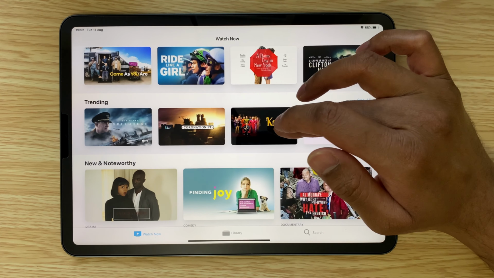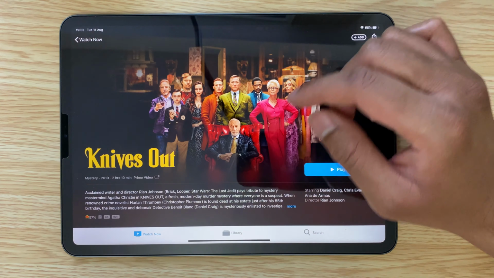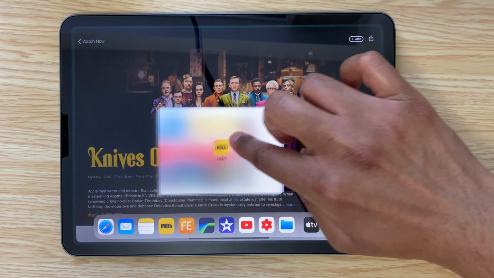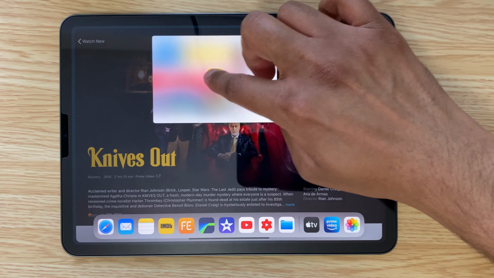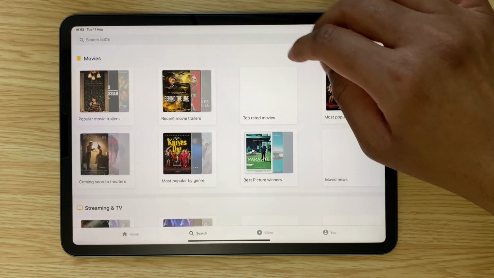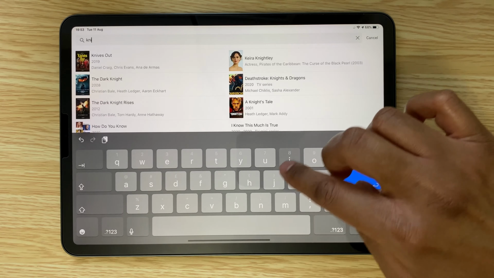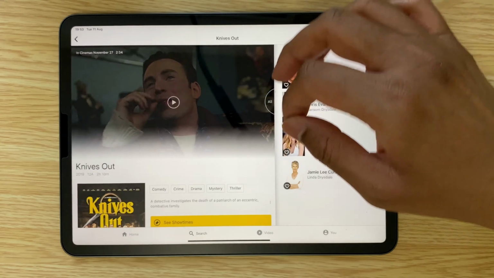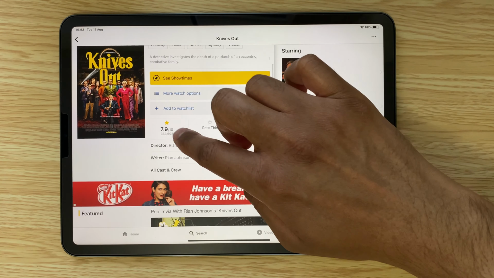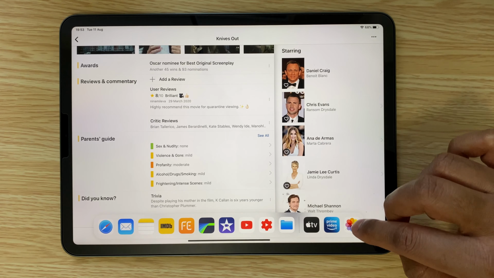For instance, if I'm browsing through films and want to look up a movie, then just bring up the dock and then choose IMDb and slide it over. It's a shame that IMDb doesn't allow slide over view, as it captures the whole screen, while other apps just do the slide over instead of taking up the whole screen. So you can use it and keep the main window in the background, and then once you're done, just slide it out of the way and then get back to your movie.